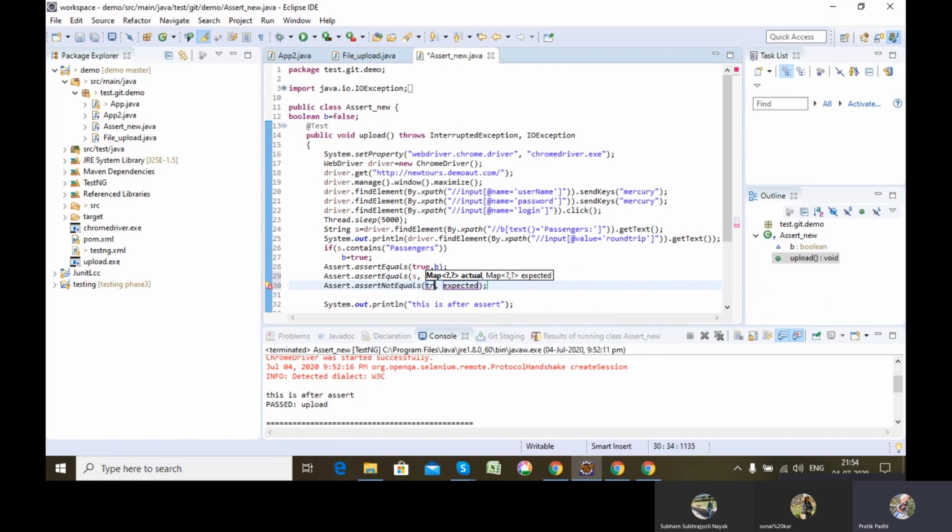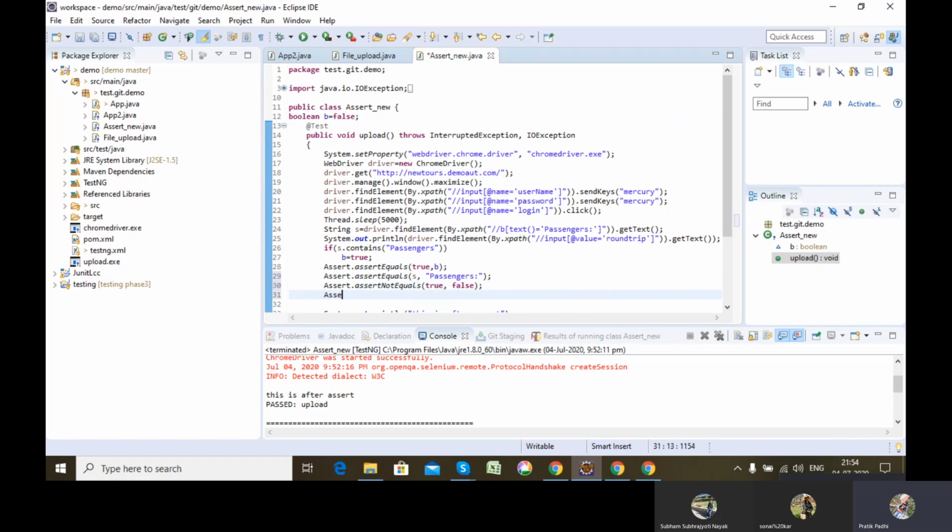That means if here it is true and here it is false, then only my test case will pass. If it is true, then my test case will not pass. So if you have such a requirement, you can use it. Similarly, instead of Boolean value, I can give S and instead of passenger, I can give any other string value. So it will pass. If both of them match, it will not pass.